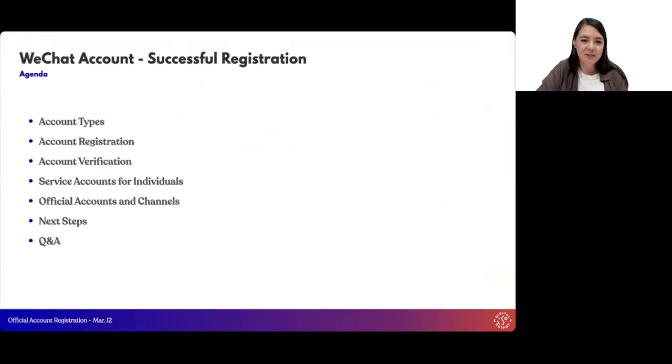So we will start with different account types. What are the differences? Then the account registration process. We will then follow to account verification. What is that? When is it needed? Necessary, not necessary? Then in the second part of our session today, we will talk about service accounts for individuals,